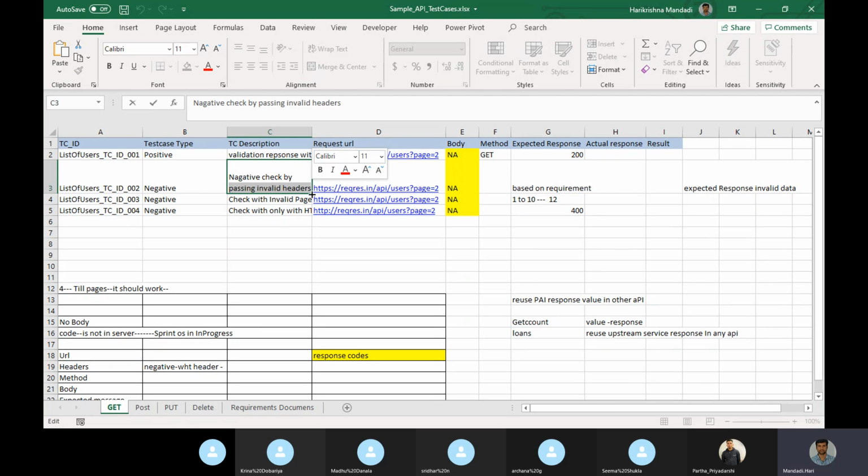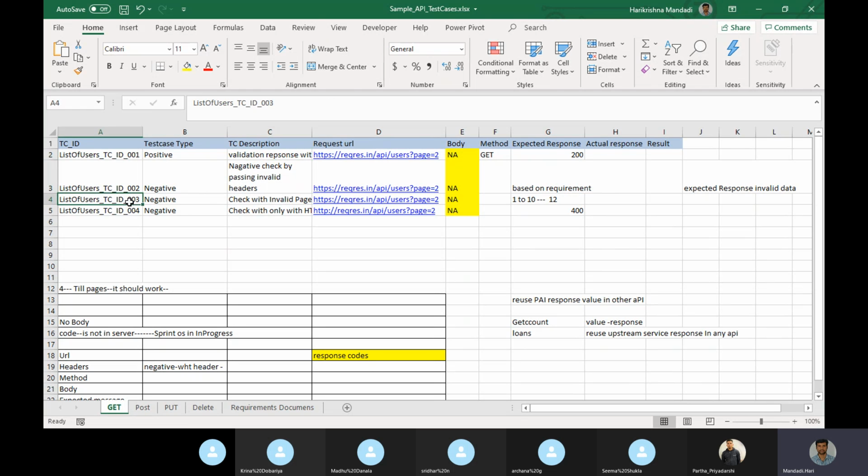Suppose I have 3 to 4 headers; in those headers maybe 1 or 2 will be mandatory headers. If you don't pass that mandatory header, you will not get the response. So for that we are going to write one case. Valid is where everything is correct, the URL is correct and the headers are correct.